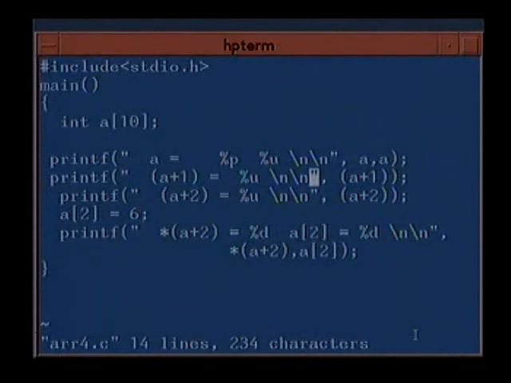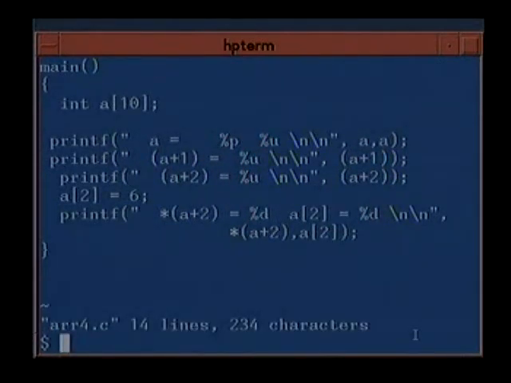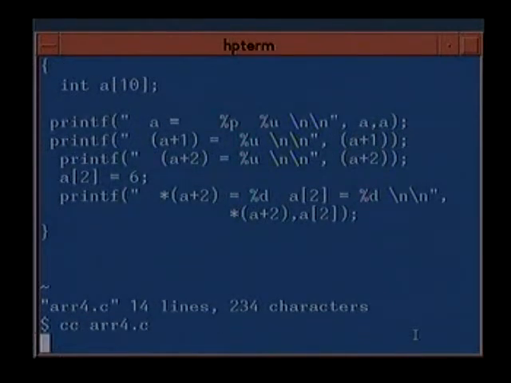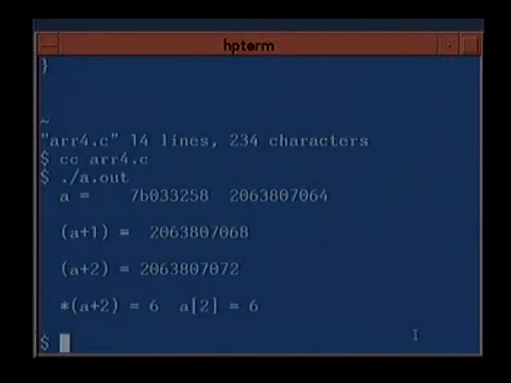And you will also be able to see from the difference between A and A plus 1 and A plus 2 the number of bytes allocated for an integer. Okay. So for A, the system allocated the location 7B033258, which is the hexadecimal value.